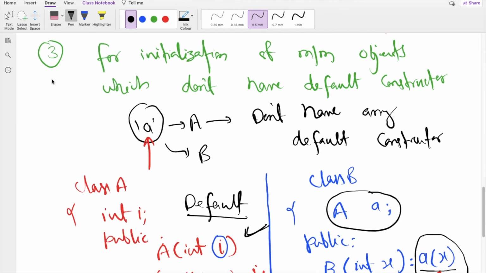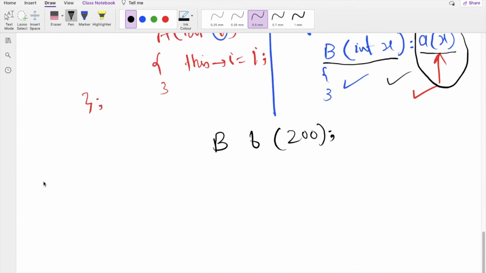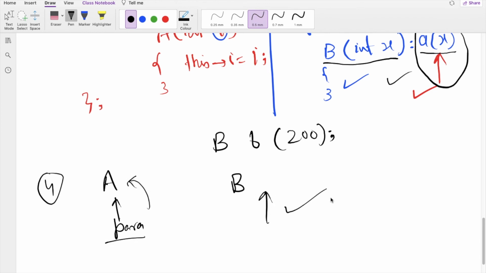Similar to this third point, there is a fourth point which is related to inheritance that we have not studied yet, but still you can get an idea. Like the third point, the parameterized constructor of the base class can only be called using an initializer list. Clear? So suppose you have a base class A and then you have a derived class B, and suppose A has a parameterized constructor and you want to call it, then you have to use an initializer list here.